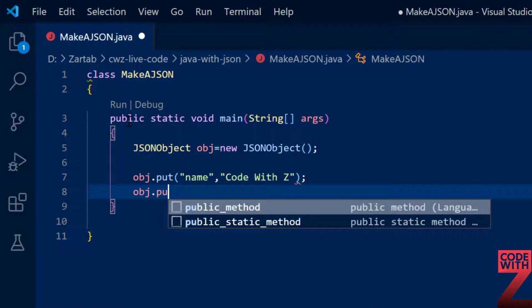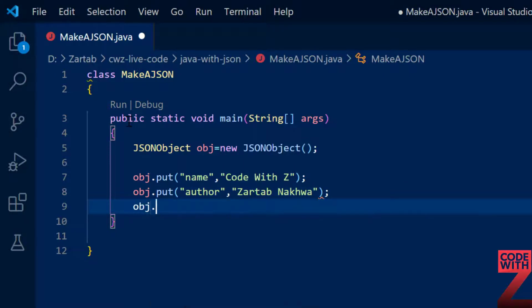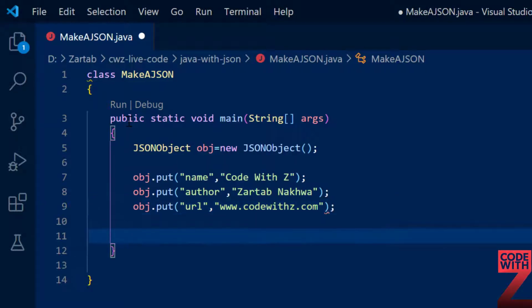Then obj.put, and I'm going to say author, and I'm going to put my own name, Zartab Nakhwa, and then obj.put URL, and now I'm going to say www.codewithz.com.